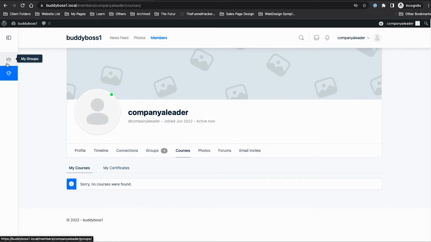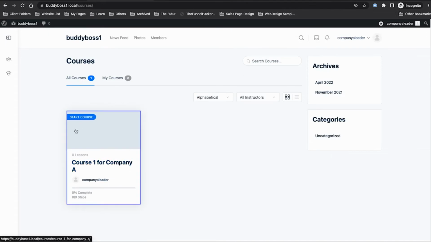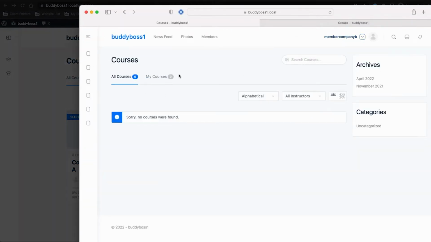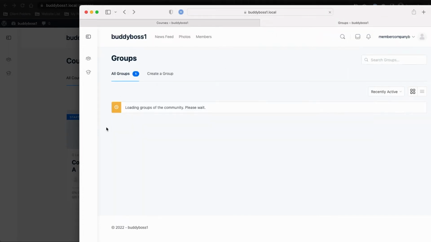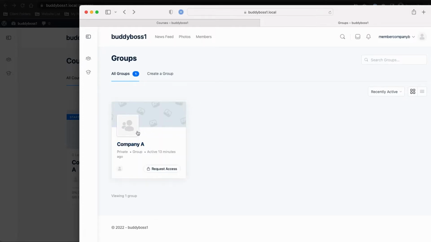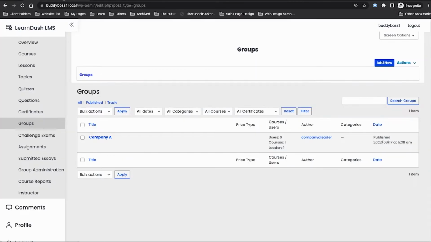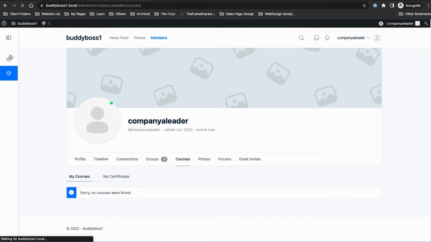If I go to courses, I could see that there's a course in here, but as a member of company B, I don't see that course. If I go to the groups list, I could actually see company A has a group in here, and I could request access. But if company A wants their group to be completely private from anyone,